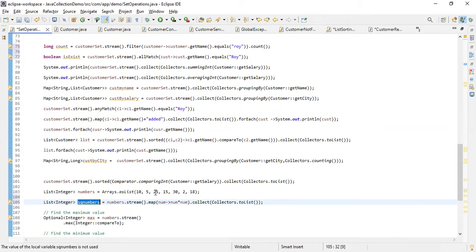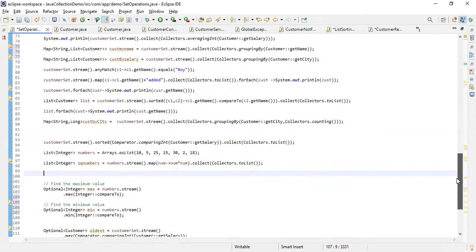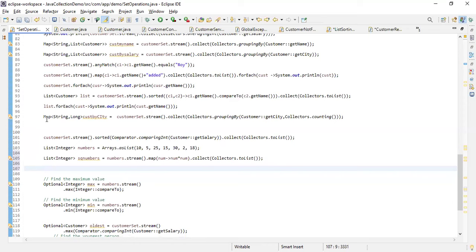you can see 100, 25 multiplied by 25 is 625, 15 multiplied by 15 is 225, 30 multiplied by 30 is 900, 18 multiplied by 18, that kind of numbers it will be storing. But in the same scenario, if you just want to create a list of names rather than the complete object, you can also use a map operation, something like that,